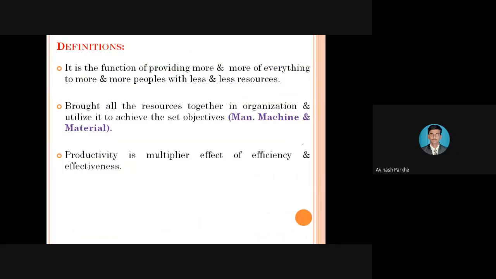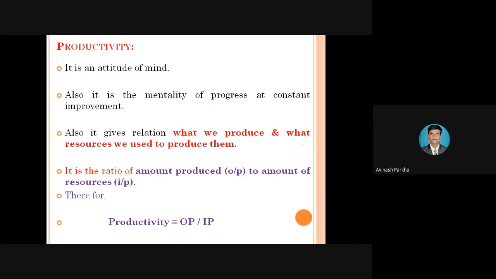Okay, good afternoon all. So in the last lecture we started with a new point related to productivity. Productivity is one of the standard tools to check the output of any industry or any type of organization, and we have already discussed that it is the attitude of your mind. Whatever the three inputs are, maybe man, machine, material, if these three inputs work together in an effective manner, then there is a possibility to